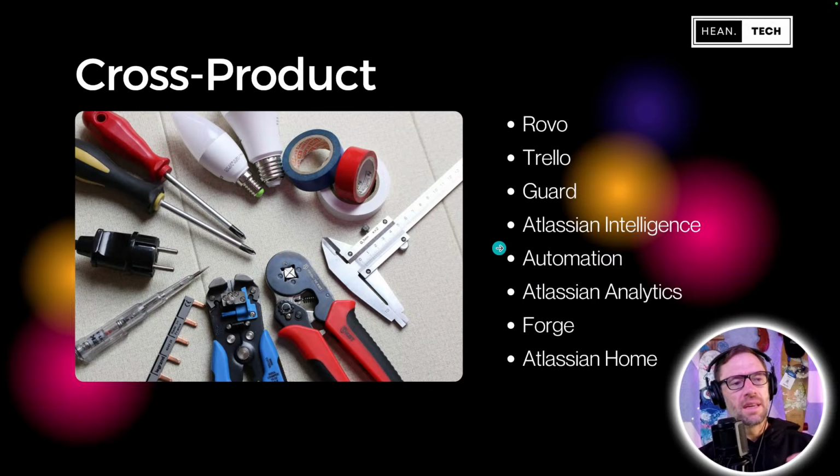Now, some of these are included in other subscriptions. For example, Atlassian Intelligence is included in Cloud Premium. So you don't have to buy Atlassian Intelligence separately, it's just there. Automations are included in every version of Cloud. There's just restrictions if you're on free or standard. Rovo will soon be included in Premium and higher, but Guard is a separate thing entirely. So if we're on the exam and there are questions around pricing or subscriptions, we just have to understand some of these products are bundled, essentially, or some of these apps. Others require their own thing.